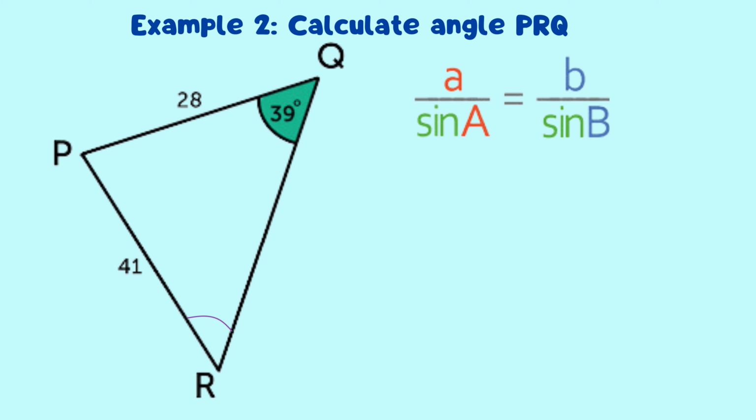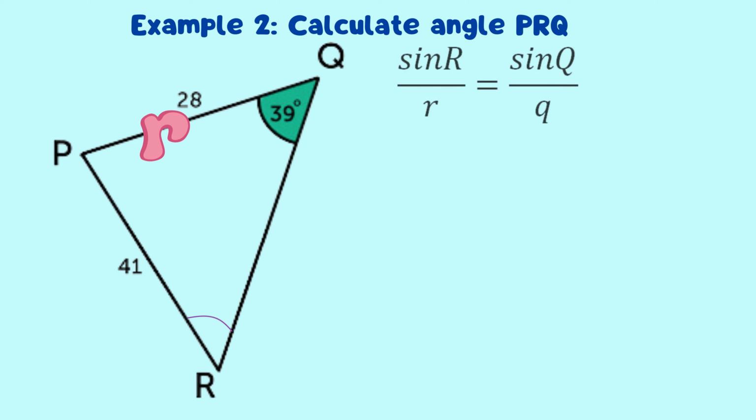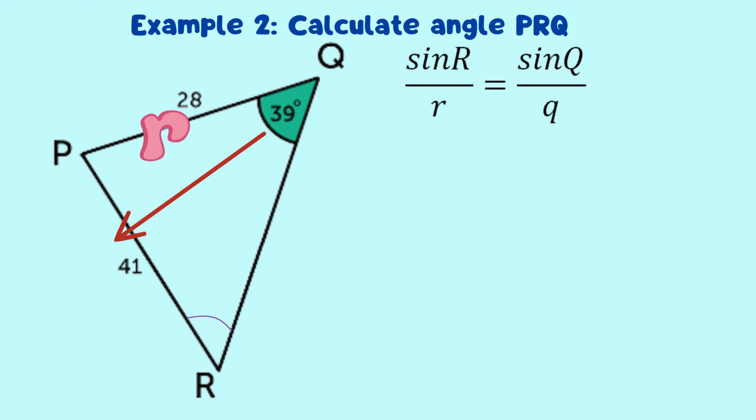When finding an unknown angle, it's always best to flip the Sine Rule, so that the angle is in the numerator. The angle that we want can be labelled as capital R, with its opposite side as common R. On the right, we always use the known side and its opposite angle. In this case, as capital Q and common Q,